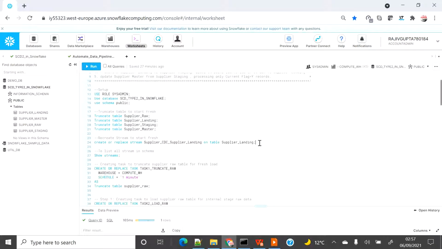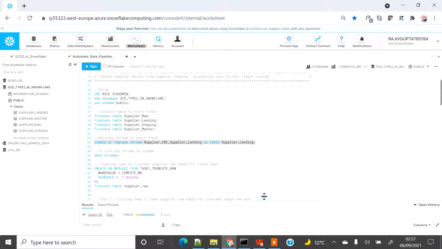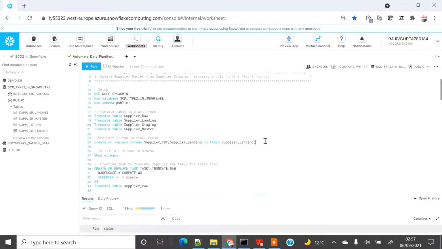And I'm going to recreate the stream so that it does not get data from the previous run. Because we are truncating, we might see some data, so I'm just recreating it to be on the safer side. Now that we have refreshed our setup, all the tables are truncated and the stream is recreated, we are ready to start with our lab.